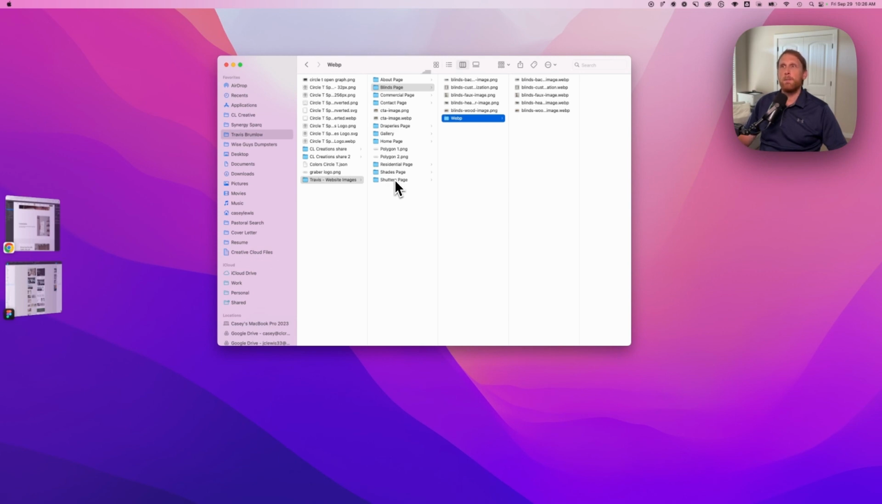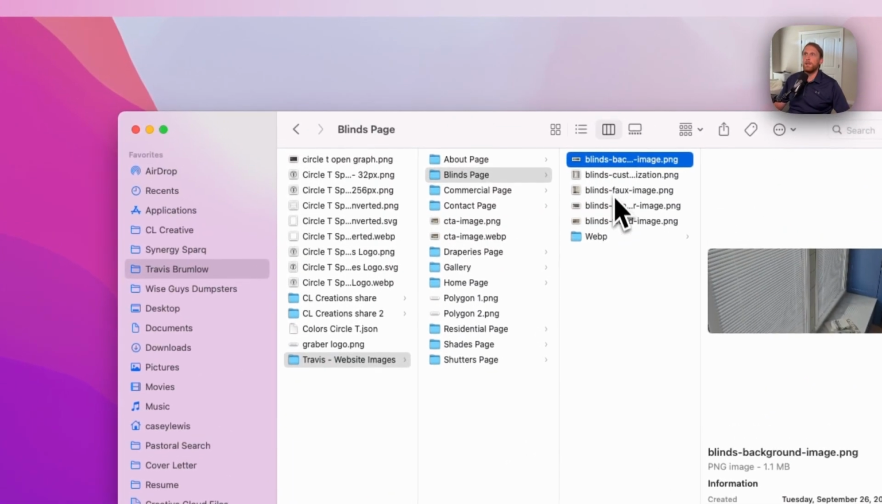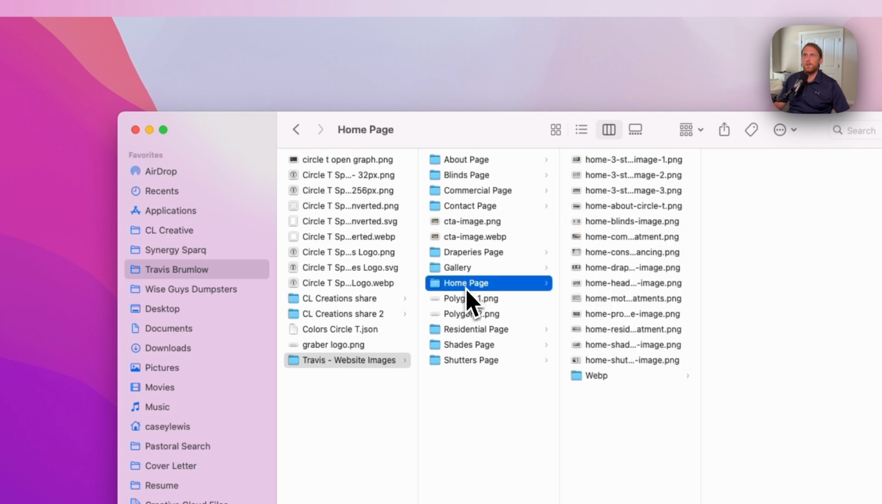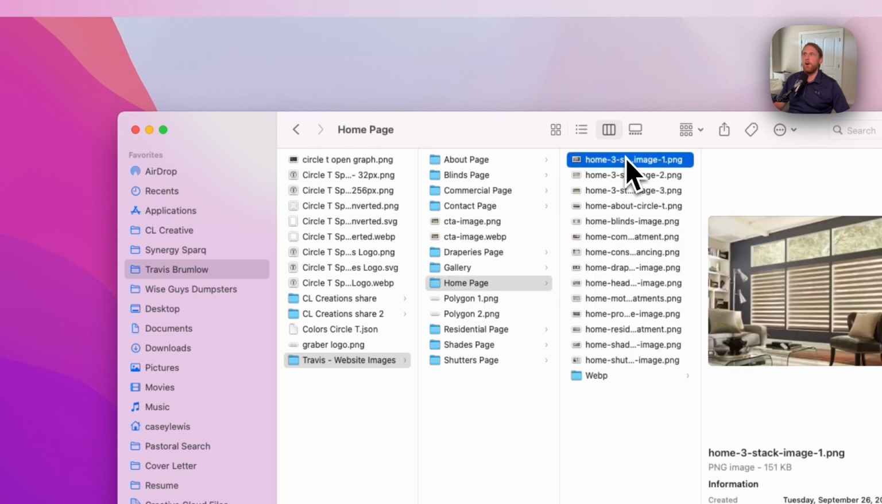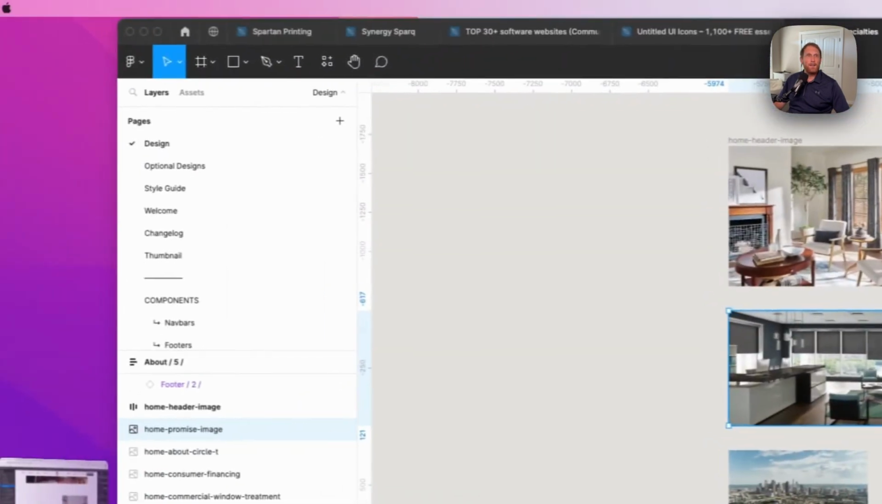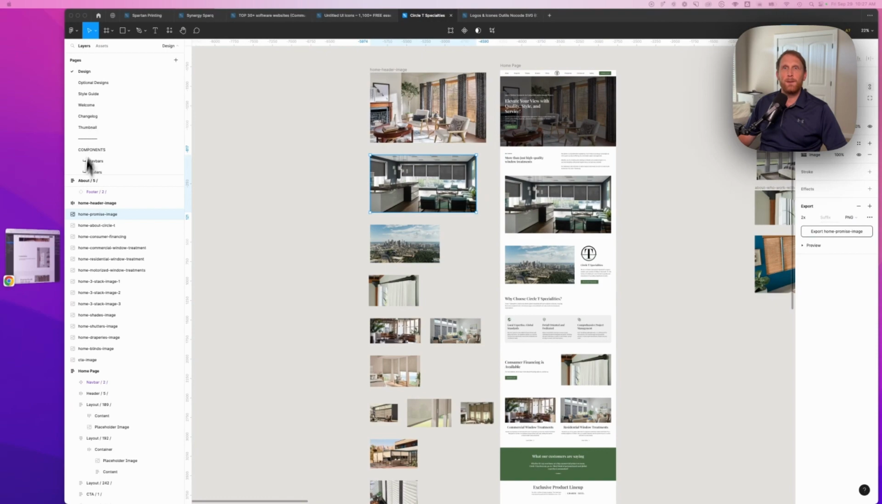And on all of these pages, I've named them, of course, by the page name, and I've exported the PNG image right here. And so if we go to the home page, since this is what we've been looking at, I have all of my images here. The next step that I'm going to do is I'm going to take these images and I'm going to open